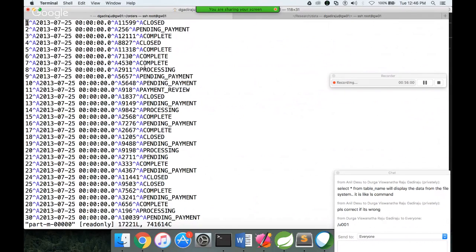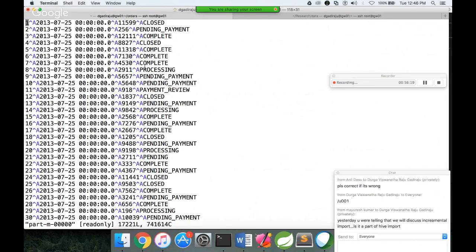That we will see tomorrow. Okay, so that being said, today we have covered most of the important Hive import arguments while creating the table as part of the Sqoop import. Tomorrow we will continue with pre-creating the table and doing the Sqoop import, and then we will get into import all tables, and then we will come back and review what is not covered, and we will try